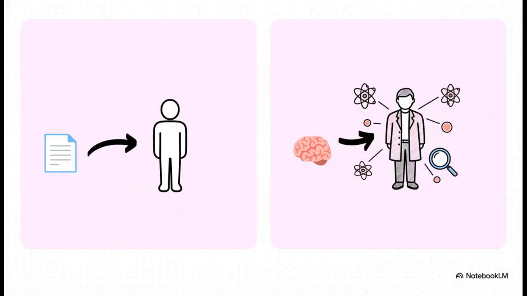Now, here is where the true superpower of using large language models comes into play. You see, LLMs don't just extract facts, they augment them. Let's say a historical diary just mentions a meeting with Dr. Lawrence. A traditional NLP model would literally just extract the string Dr. Lawrence. But an LLM, using its vast general knowledge, understands the context of 1930s cyclotron research. It infers that this is Ernest O. Lawrence, the famous physicist, and it can actually augment the node with his full name and biographical attributes. That is a real game changer.